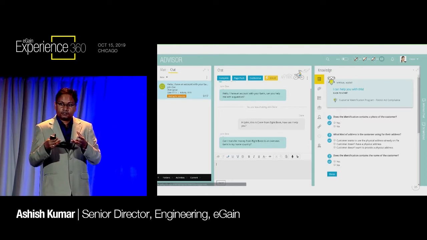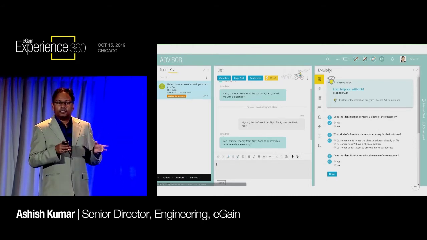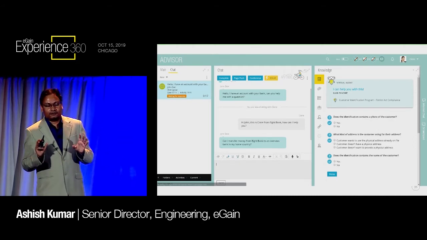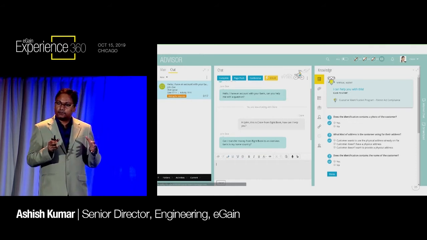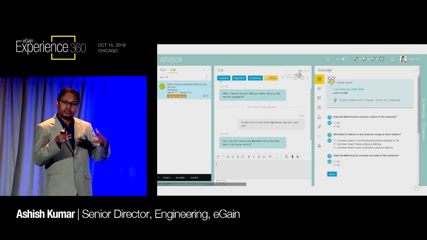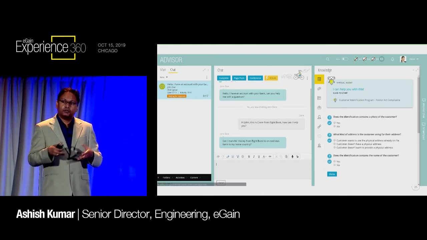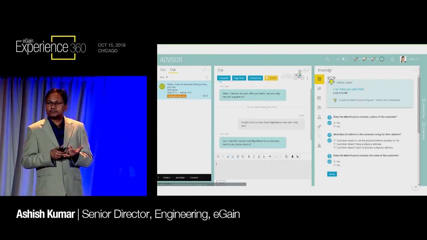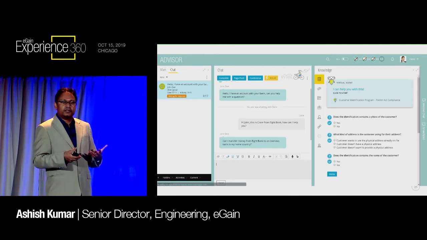The virtual assistant is listening to those chat messages happening in the chat pane. It's not going to bother you unless it's very confident, so don't worry about that. Once it figures out that it understands the intent of the problem at a greater confidence level, it's going to propose some solutions. The solutions use our knowledge. So chat messages, virtual assistant, our knowledge: article content or process guidance is going to be suggested to you. We are connecting those three together to give you a very rich experience.